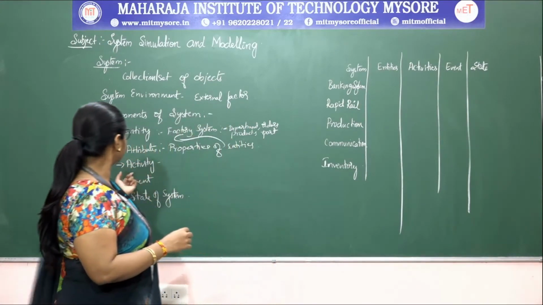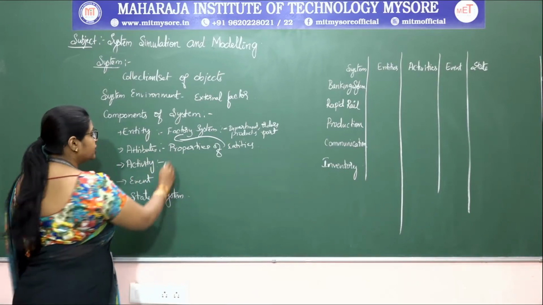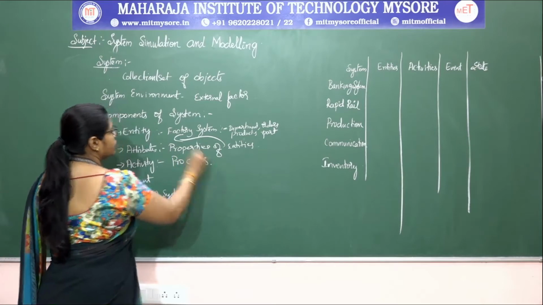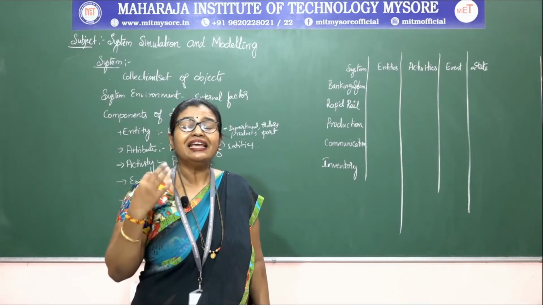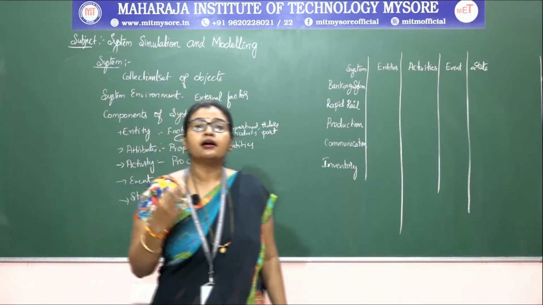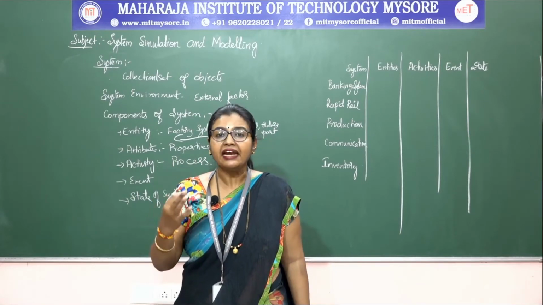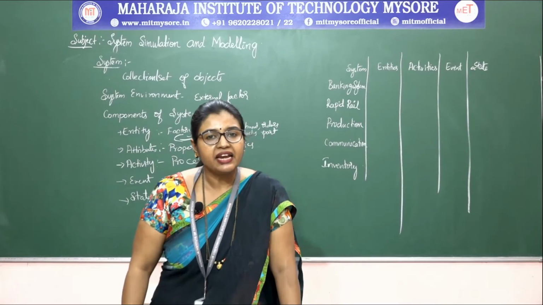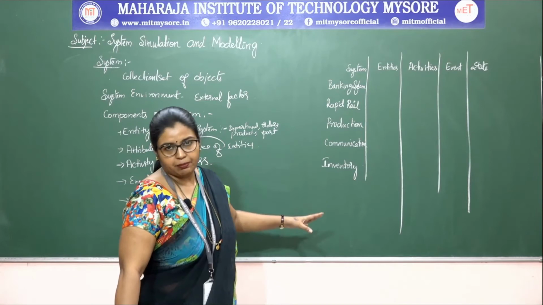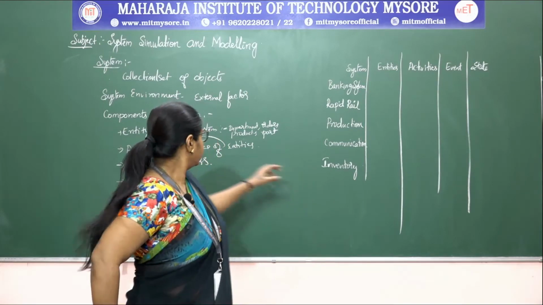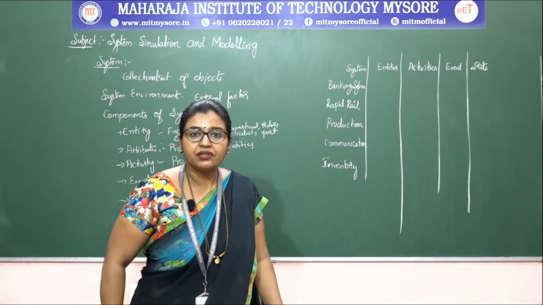And next coming to this is event. Activity is nothing but the process, or the set of operations we can say. Now what do you mean by an event? An instantaneous occurrence of a change that is represented in the state of the system. So the system state is going to be varied at a particular point of time. Okay, so here the state of activity is what? If you consider the banking system, what is the activity?